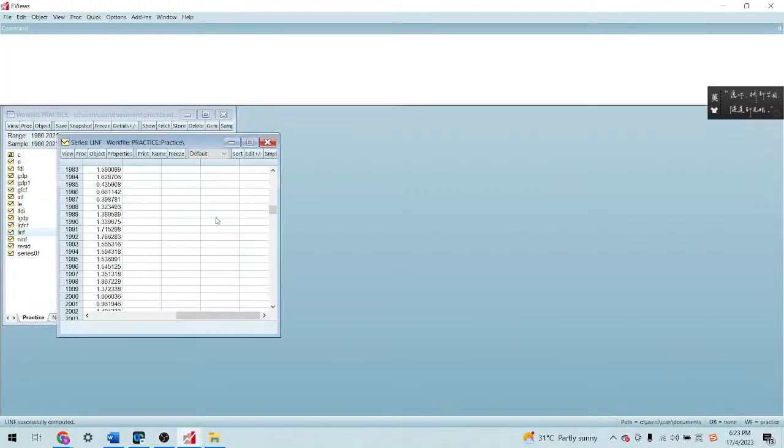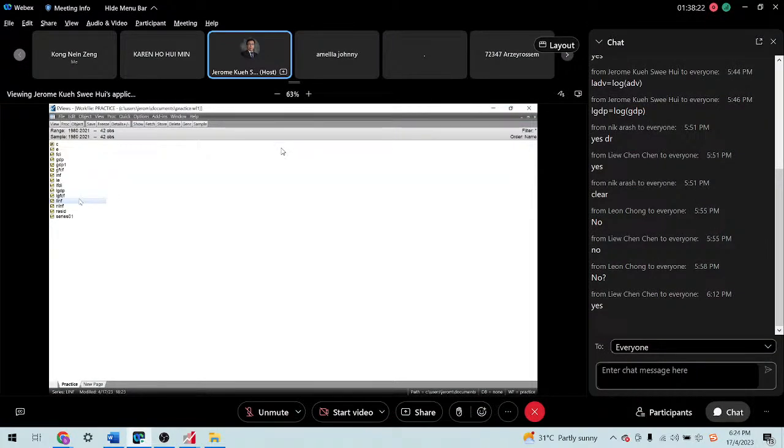Right? You may come across this, trust me, when you do your group project, because most of you are using these inflation variables, and sometimes in certain years they have negative values. So remember that there is that link.